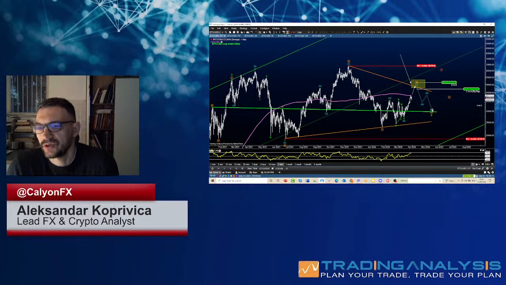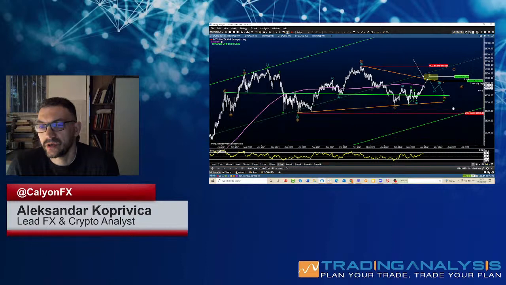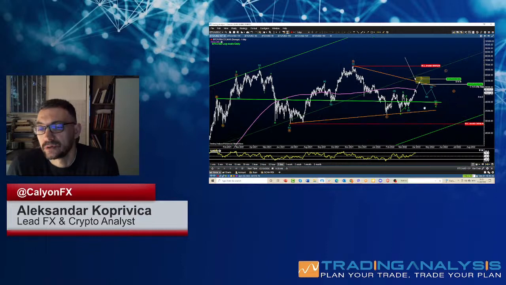So for now, we are going to keep this outlook that we are in a triangle. What I would not like to see, which will actually make me change some things here, is Bitcoin going down below 40K and testing these lower levels. So that will actually just make me change some of the relation in the legs in the triangle.